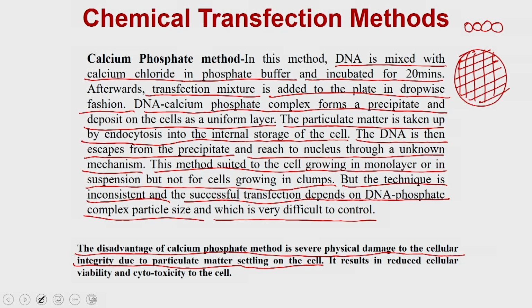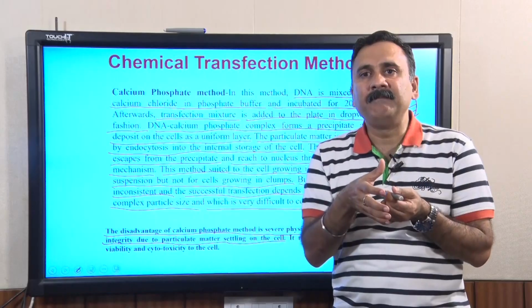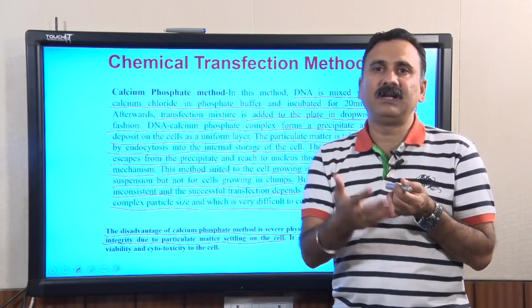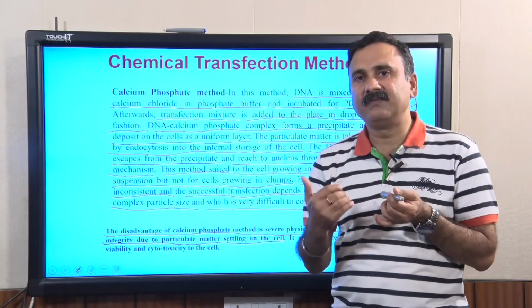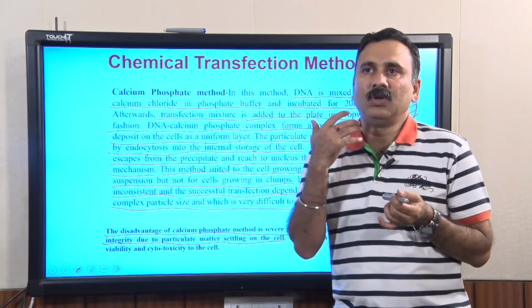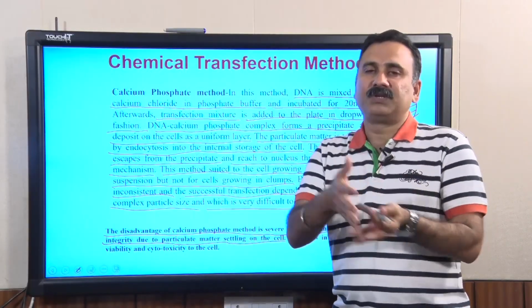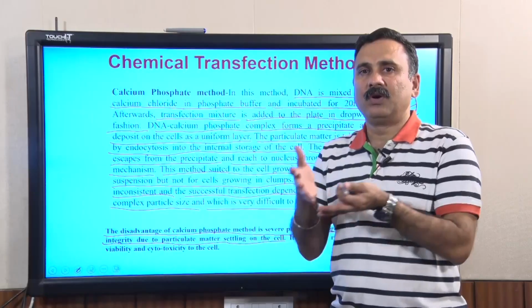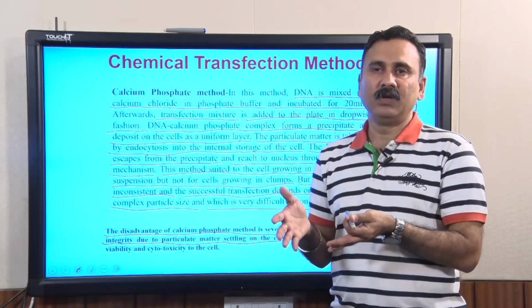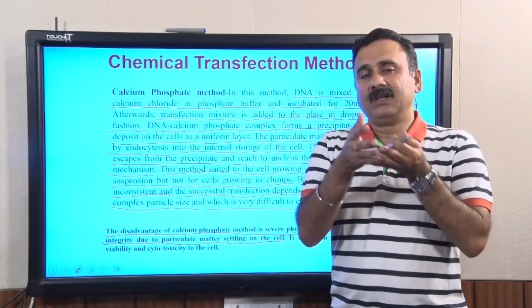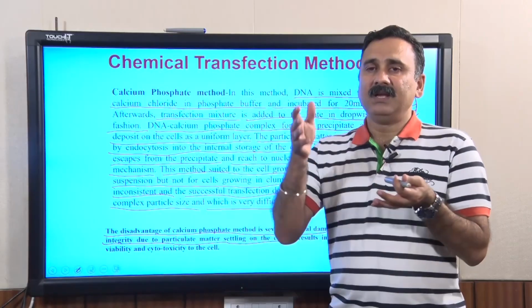So, if you put a very large particulate matter onto them, it causes physical damage to the cell, and once it causes physical damage, it is not going to allow these cells to recover post transfection, and that is how your overall transfection efficiency is going to be very low, which means the calcium phosphate method is